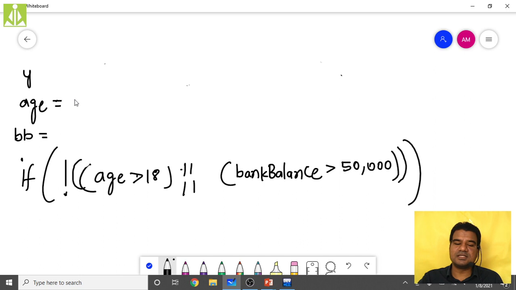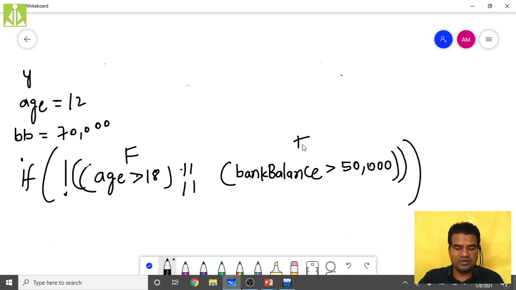See, age is, let us assume, 12 years and bank balance, let us assume, 70,000. So the government is saying, if the person's age is greater than 18 or if he is having more than 50,000 bank balance, simply disallow him. Here the person's age greater than 18 is false, and bank balance greater than 50,000 is true.